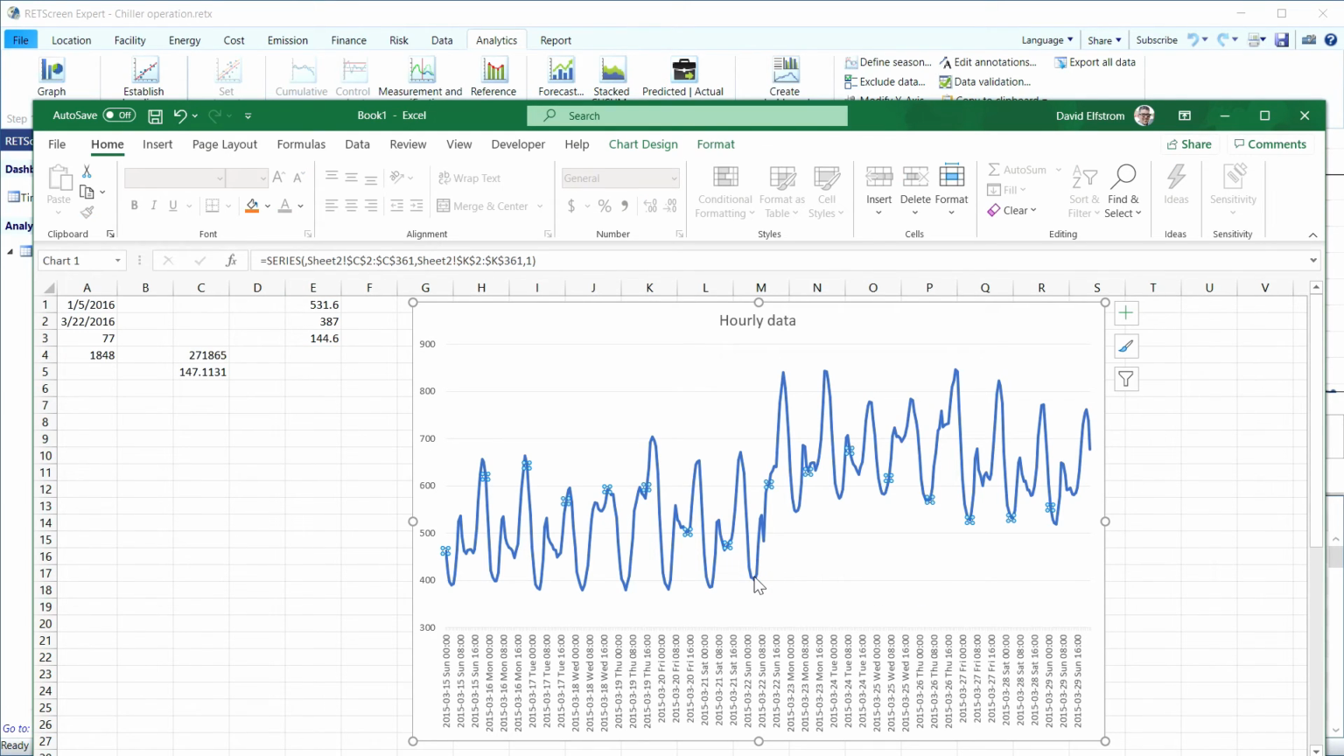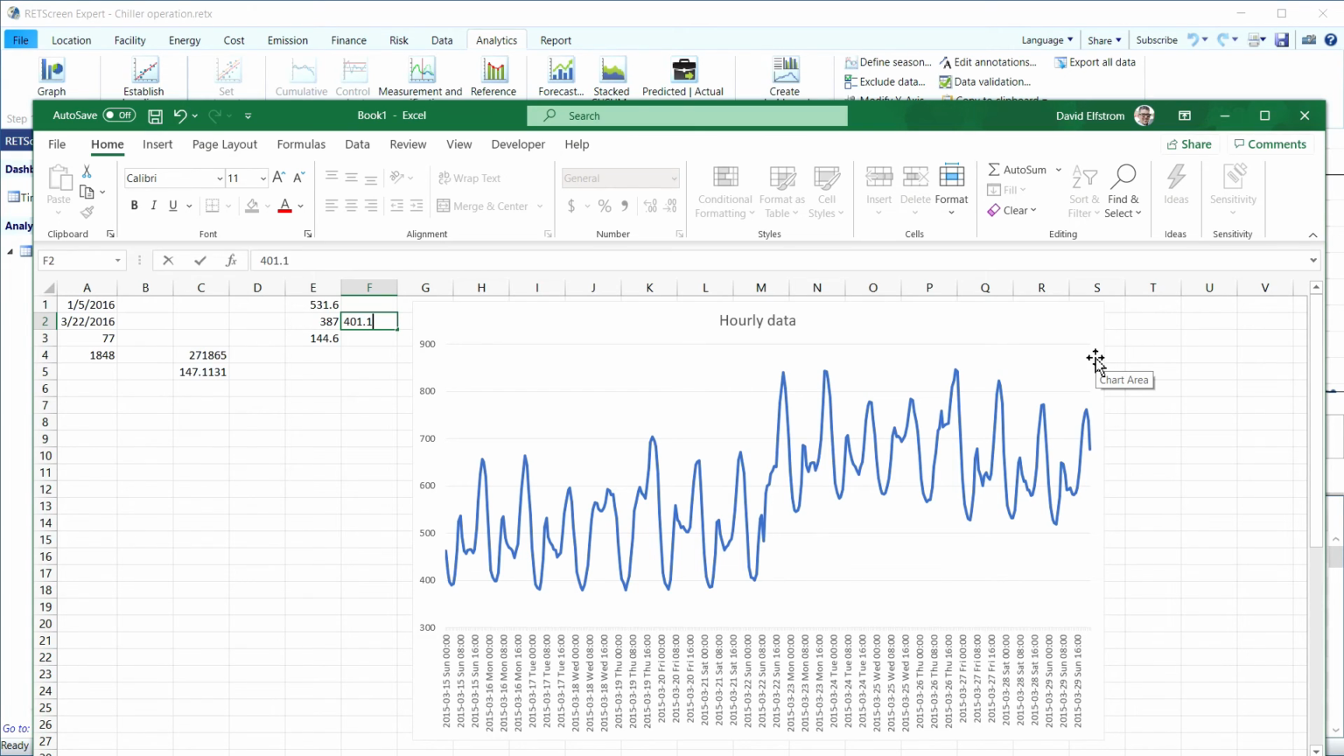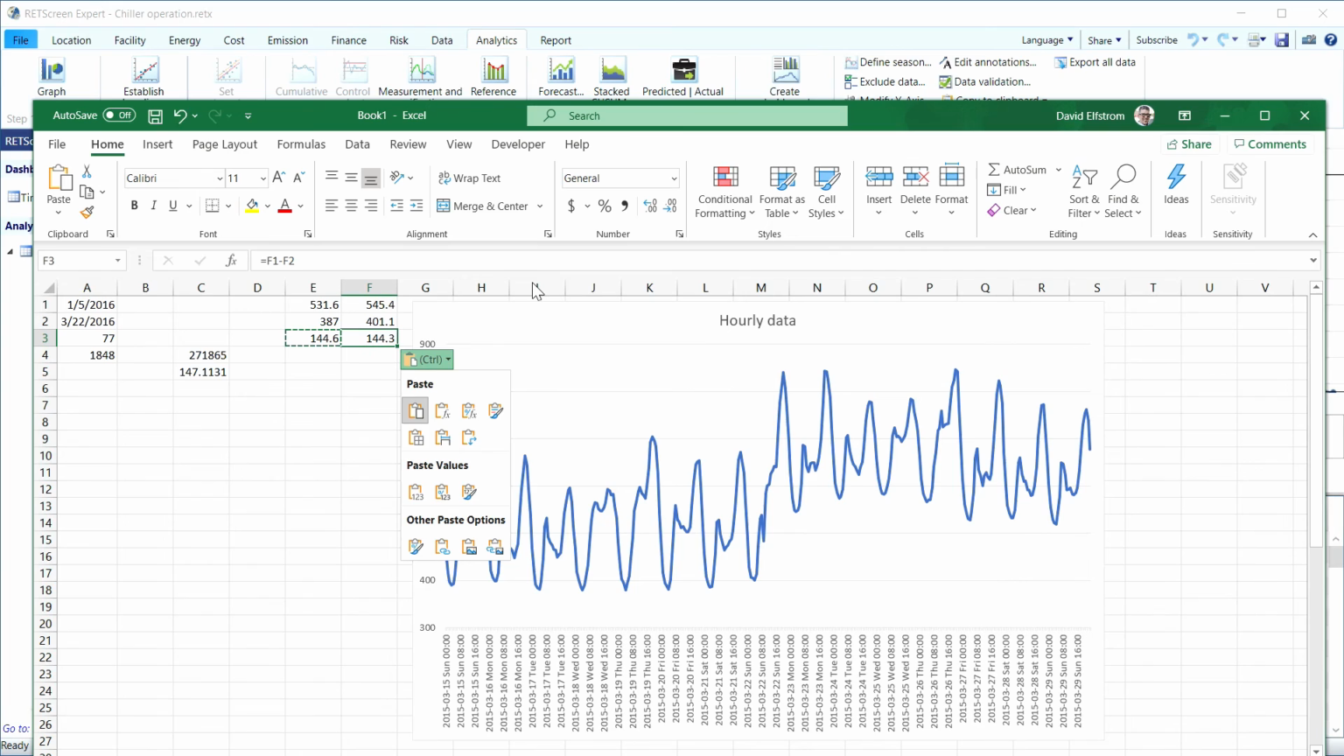Just for fun, let's try this one here. This point here is 401.1. And 545.4. So the difference between those two, well, it's almost the same, even though they're shifted over a little bit. Wow, that's very close. So yeah, when a chiller's turned on, it's basically 144 kilowatts, and then it's just on,